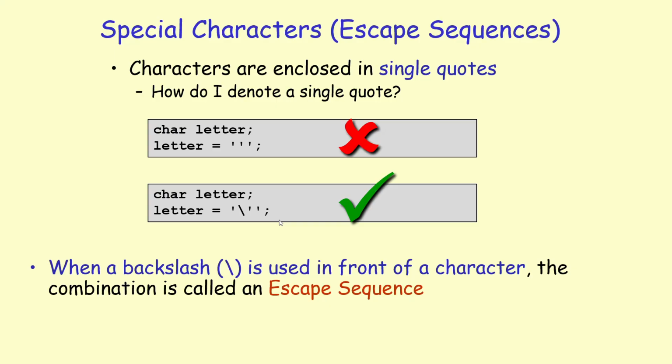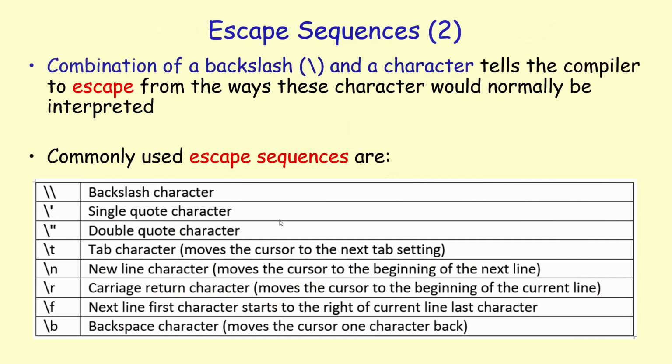So almost every other programming language that you learn later on, like Java, maybe Python, C Sharp, JavaScript, all those programming languages adopted this convention. So what you have now are escape, special characters that exist in all of these programming languages. And we have already seen one such special character, which was the new line character.